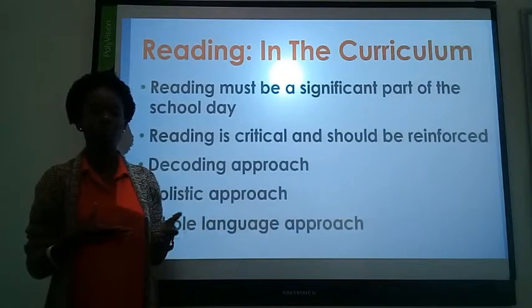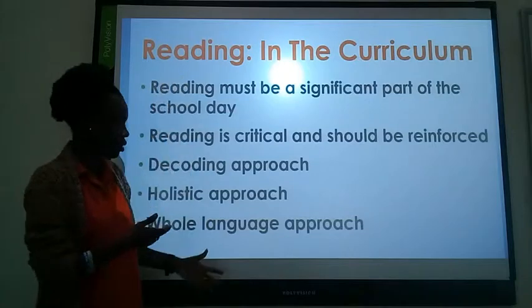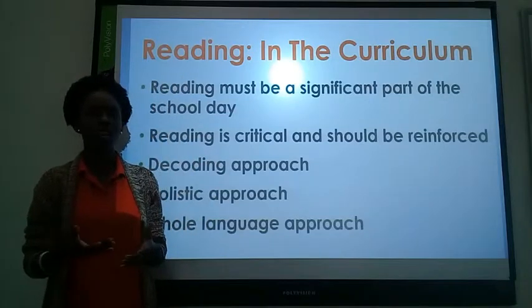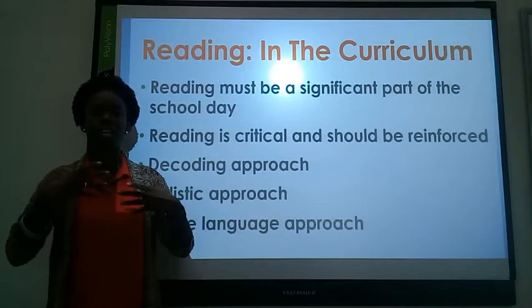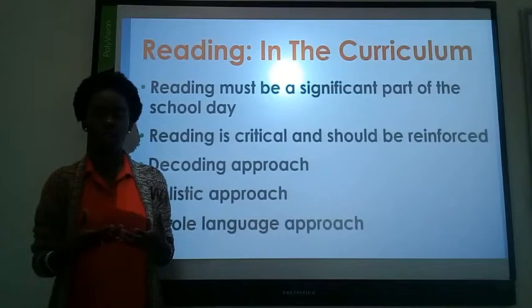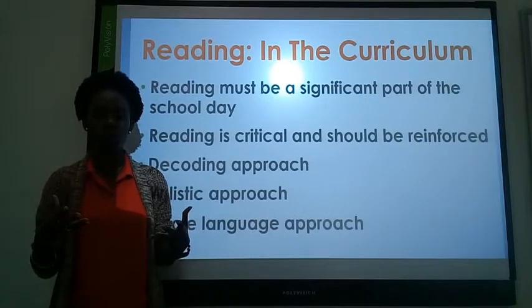Now, when it comes to reading in the curriculum and looking at all these different approaches, there are different ways that teachers can help their students, okay? And the ways include